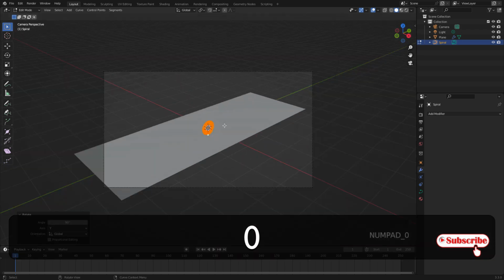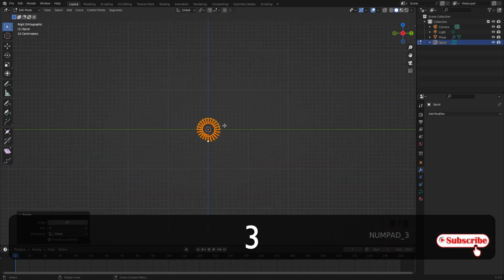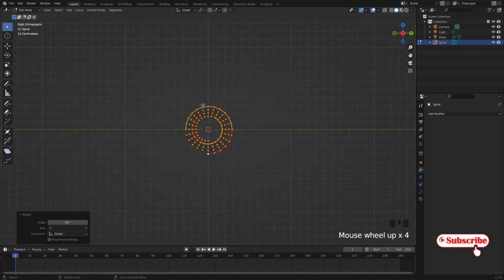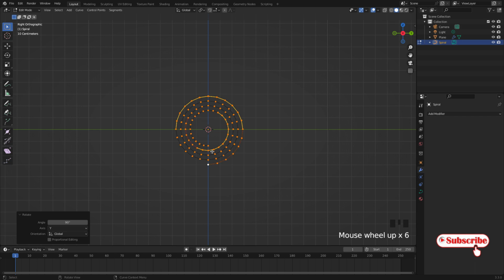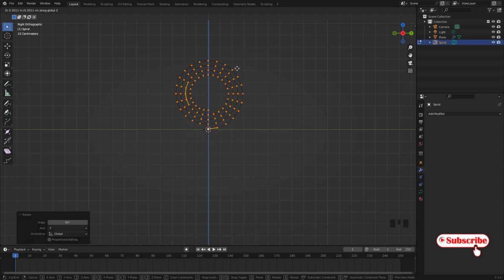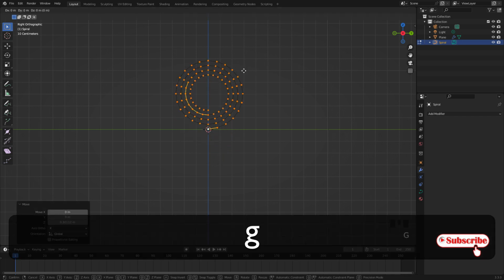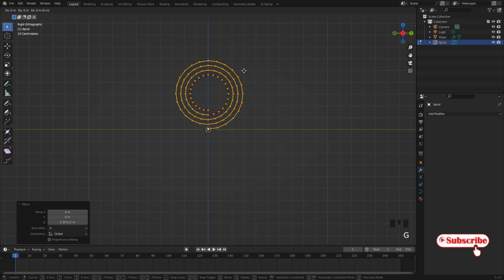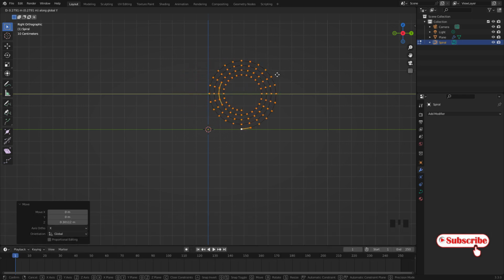Now check the right here and all vertices are selected, and then move this one along the y axis somewhere here. So move z axis, so G and Z somewhere here, and G and Y somewhere here,